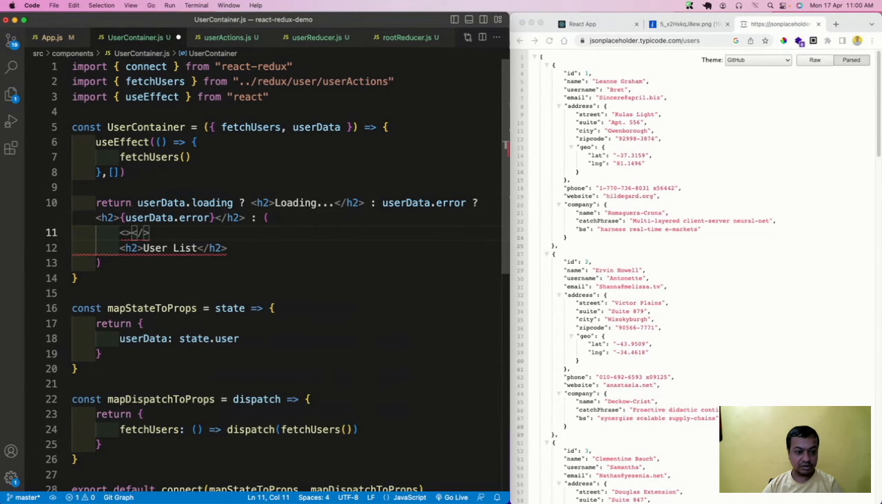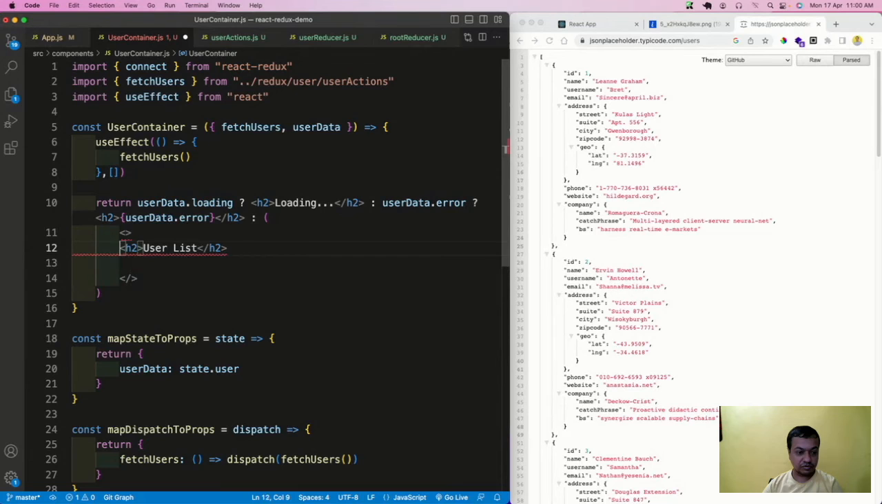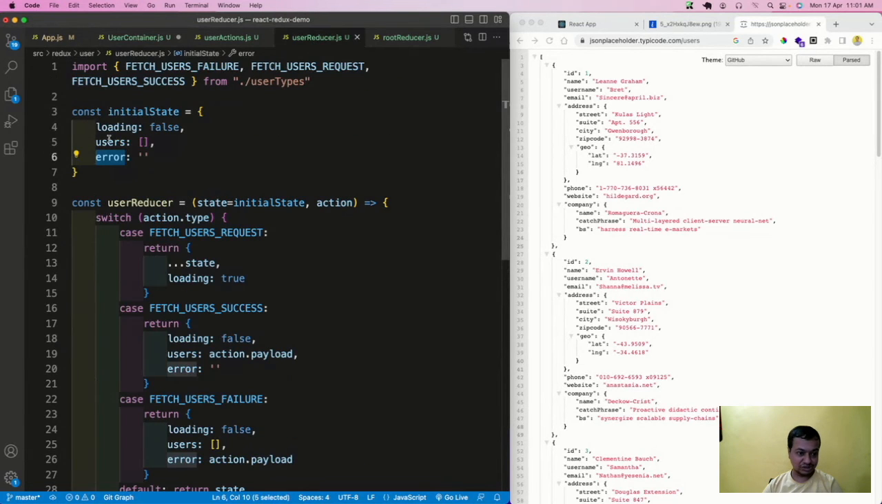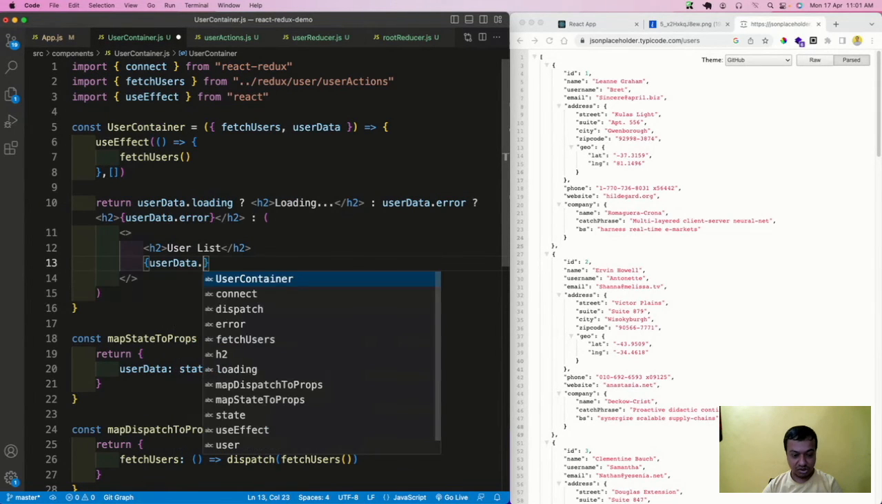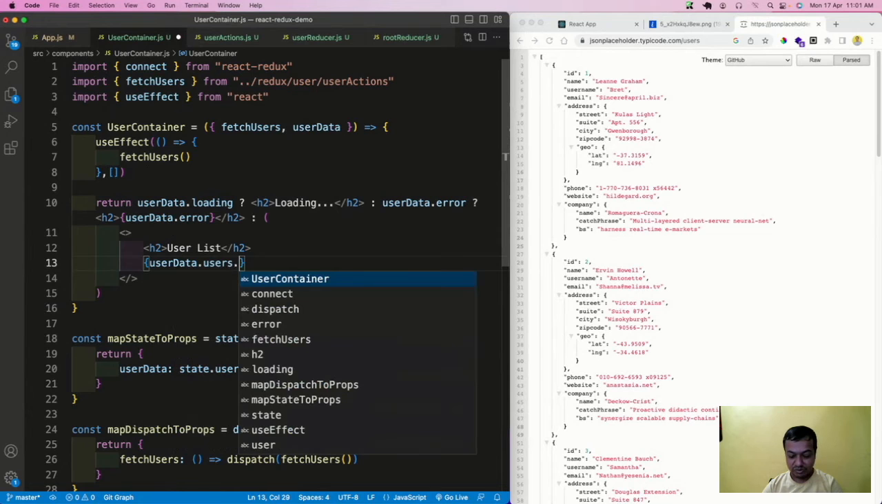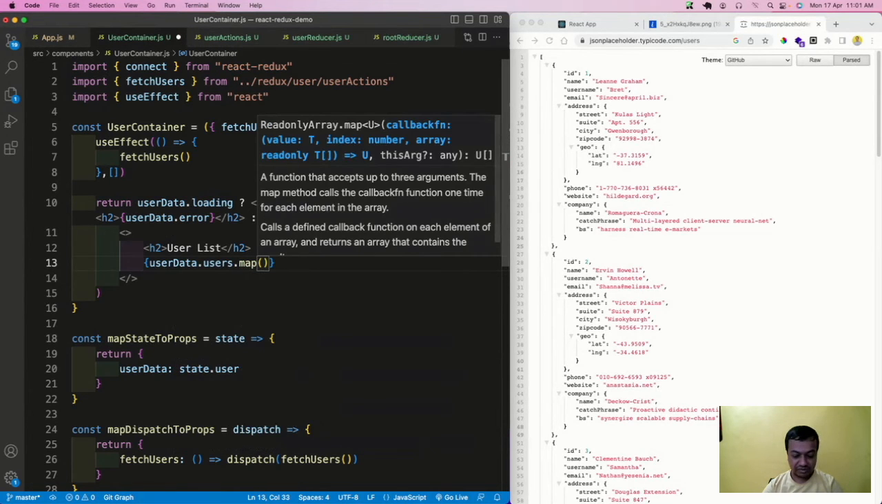I have to have a fragment or something here because I want to show the list here. The main thing here is this userData.users, which will have something. So the userData.users, and I will just map through it. And for this, I'll do this user, and